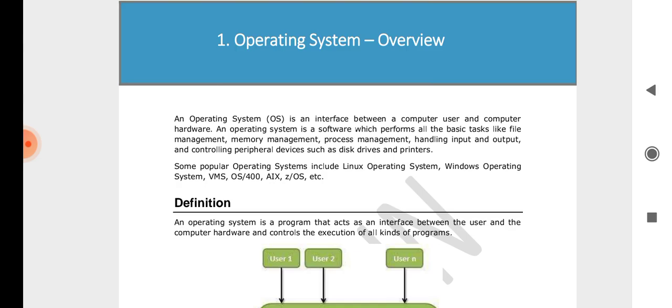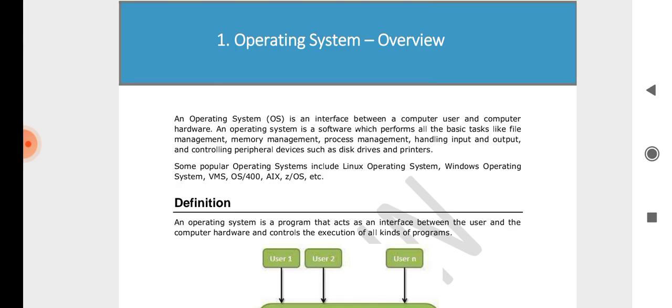Means you are the user and the computer is the hardware. You are accessing the computer, and the software that helps you access the hardware, maintaining a bridge between the computer's hardware and the user,